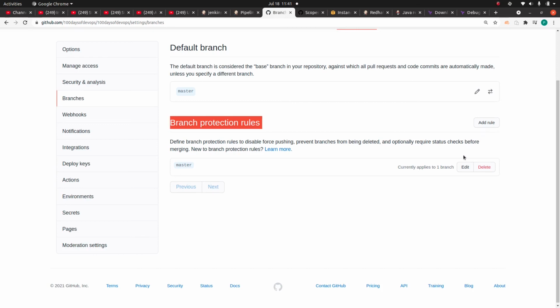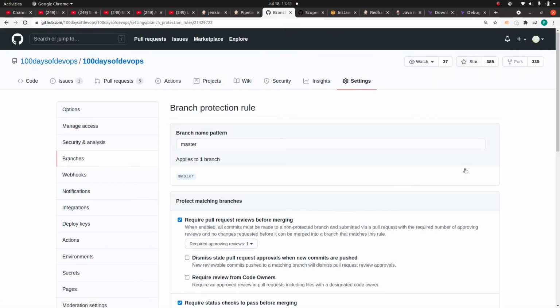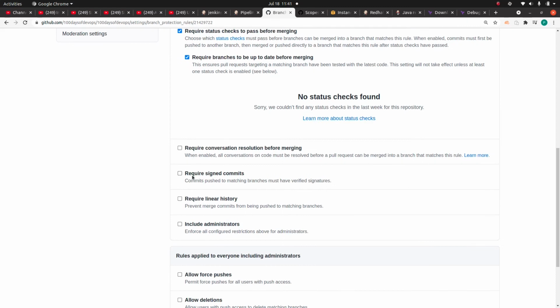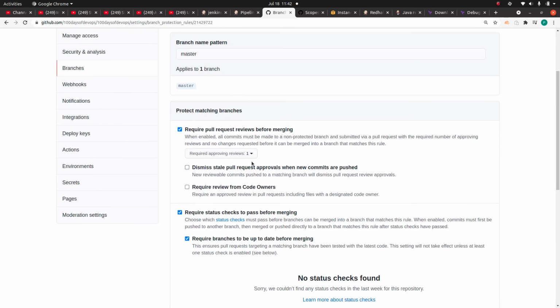Okay, I have added only one rule, but it's completely based on your requirements. I think there are a bunch of other options: signed commits, linear history, administrators, all those. But please make sure that at least one reviewer is required.